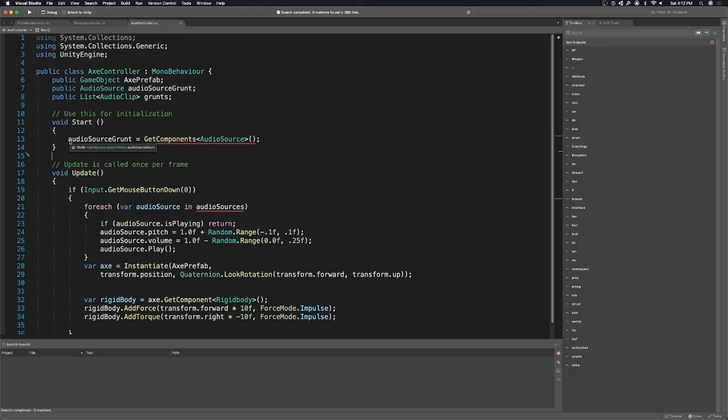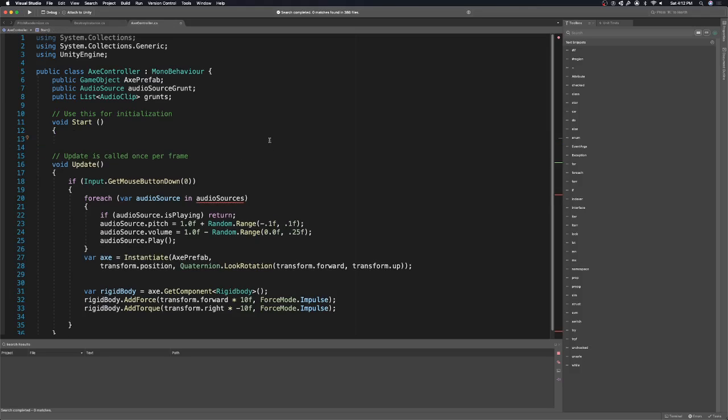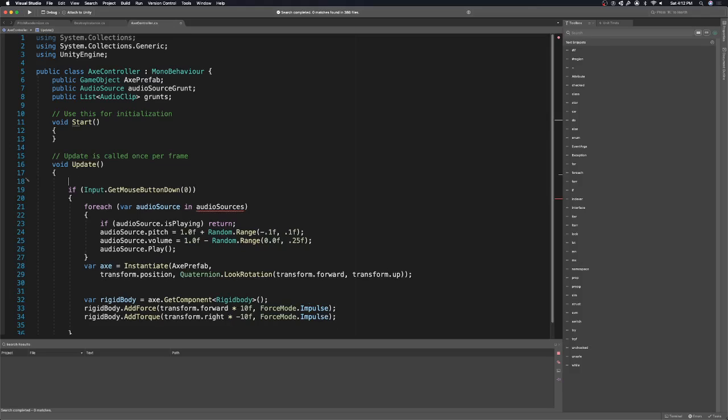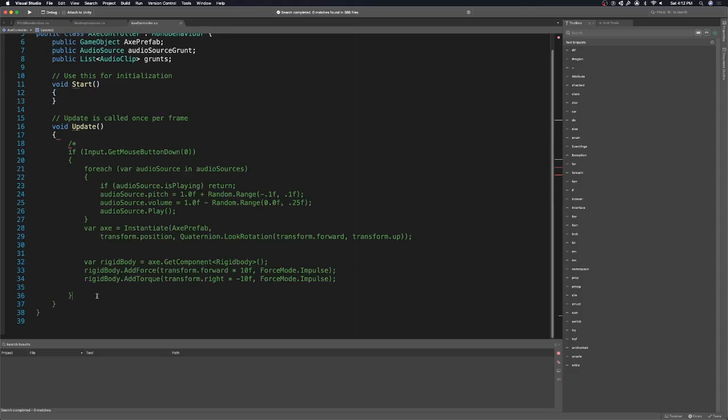Actually, I don't need this anymore because since I declared the public variable at the beginning, I can get rid of this. I'm going to just make sure I do this. I'm going to comment this because I won't be using it. I will be using part of it, but not all of it. So